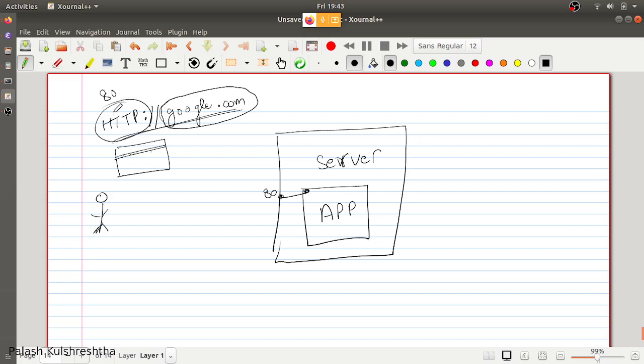HTTP means port 80, or rather we can say HTTP is a protocol, a language which google.com understands, so that we can interact with servers behind google.com, or servers hosting google.com, in a standard interaction language called HTTP.